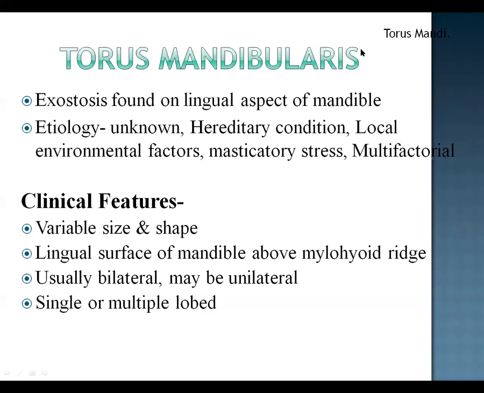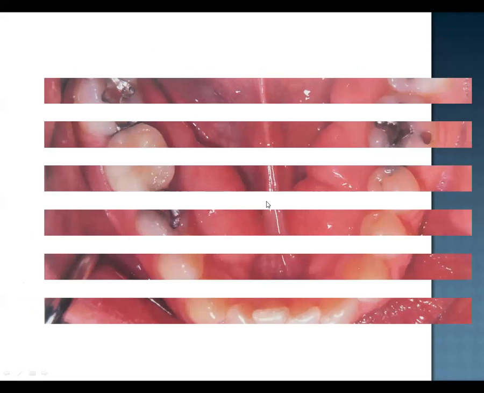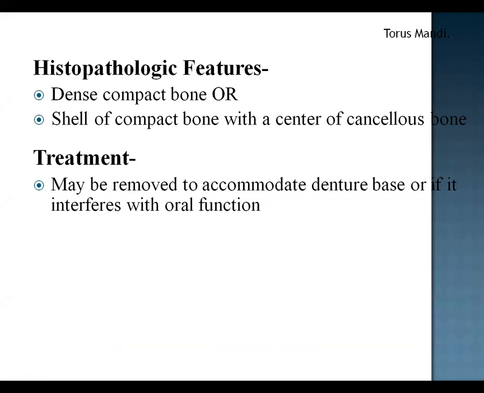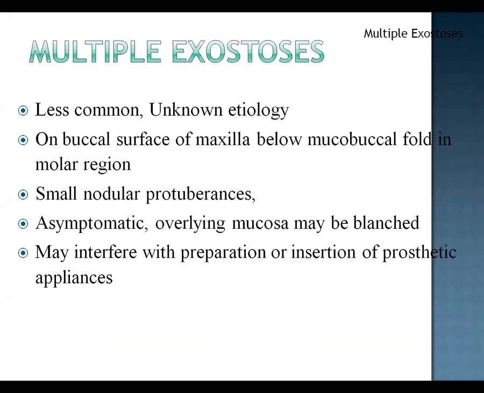Clinical features: variable size and shape, lingual surface of the mandible above the mylohyoid ridge, usually bilateral, may be unilateral, single or multiple lobes. So lingually, it is present as multiple lobes or a single lobe. Histopathological picture: dense compact bone or shell of compact bone with a center of cancellous bone. Next is multiple exostosis, less common, unknown etiology, on the buccal surface of the maxilla below the mucobuccal